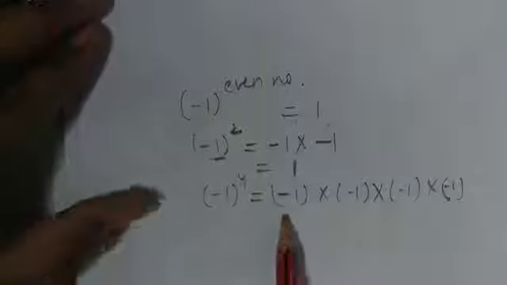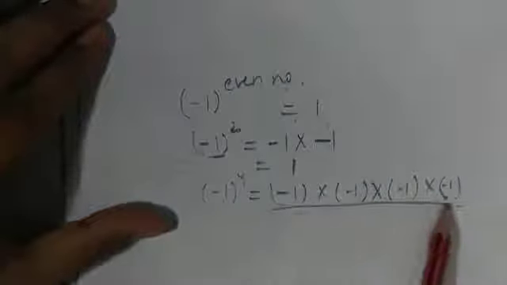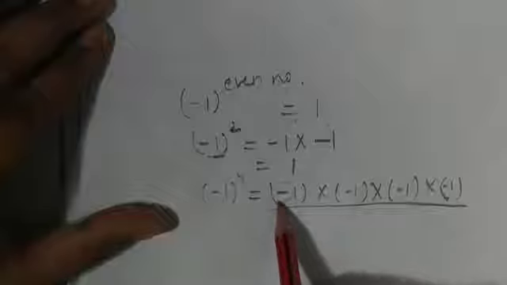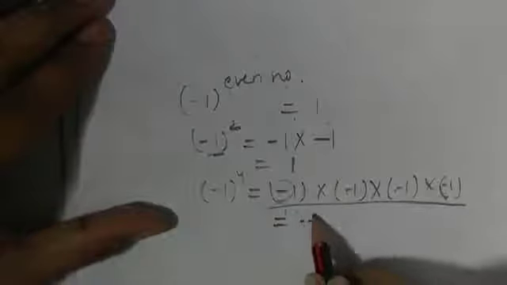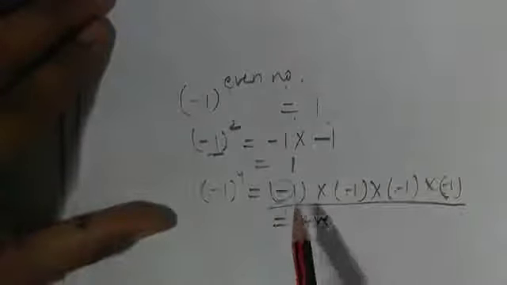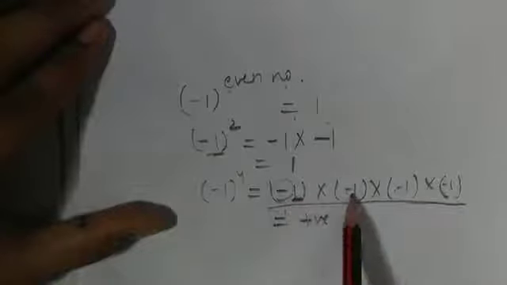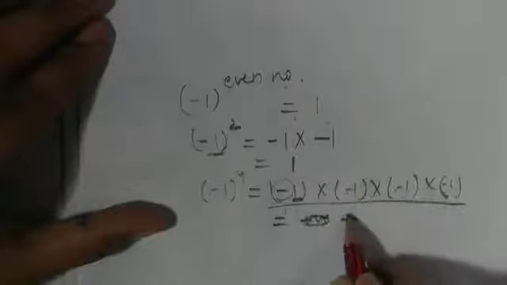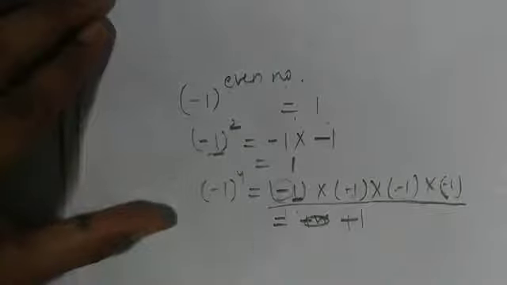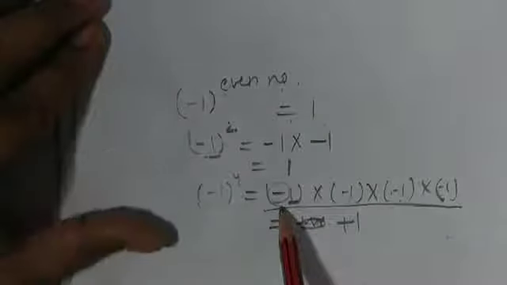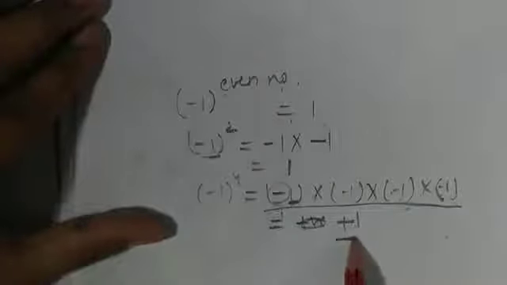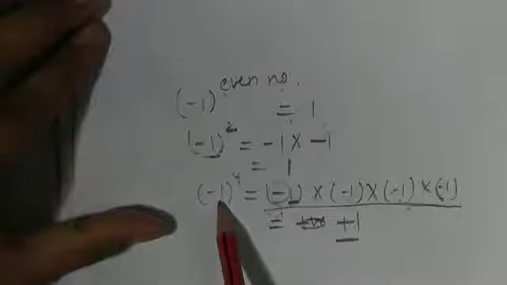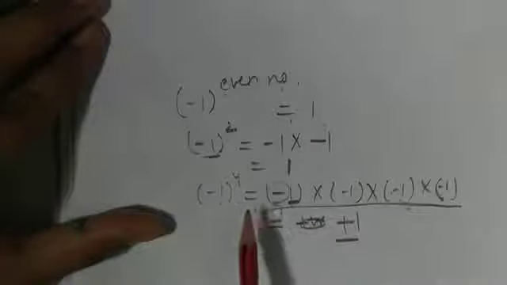In chapter 1, we have learned that whenever we are multiplying an even number of negative signs, even number means here it is 1, 2, 3, 4, then the result is positive. And then we have to multiply the numerical value. 1 into 1 is 1, then again 1 and 1. So it will be plus 1. Whenever you are multiplying one negative and one positive integer, the result is always negative. Whenever you are multiplying an even number of negative integers, then the result is a positive number. And whenever you are multiplying an odd number of negative integers, then the result is negative.